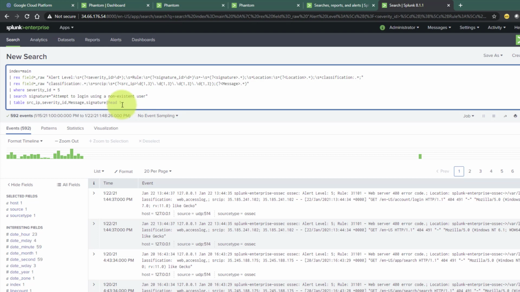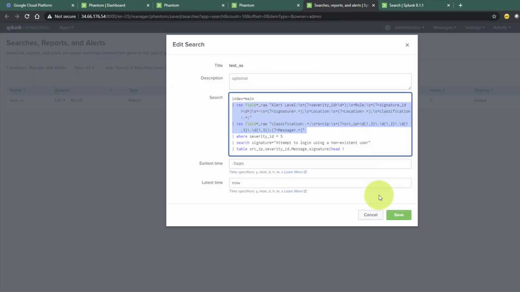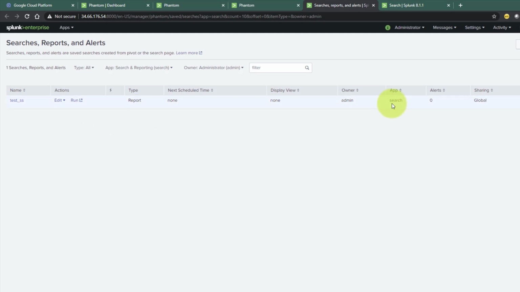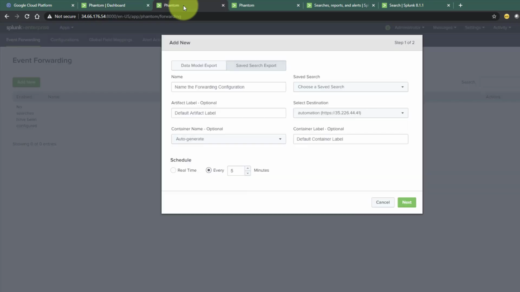This is how it works in Splunk Phantom. Now based on your scenario, maybe you need to play around with your corresponding Saved Searches. Okay, so now the Saved Search, if I just go back over here, the Saved Search sharing has to be global, otherwise in the Splunk Phantom add-on it will not show up here. So if you see, choose a Saved Search, this is coming up over here, so I'll be choosing the Saved Search here. If your saved search is private, it may not show up over here as well.